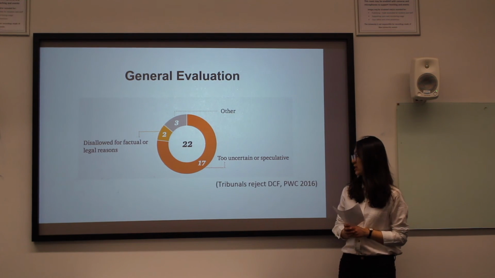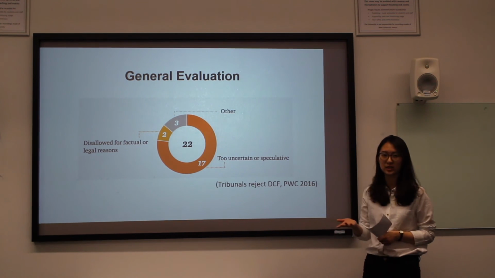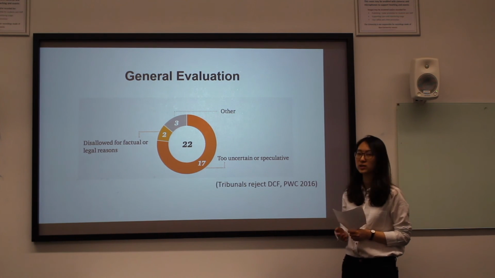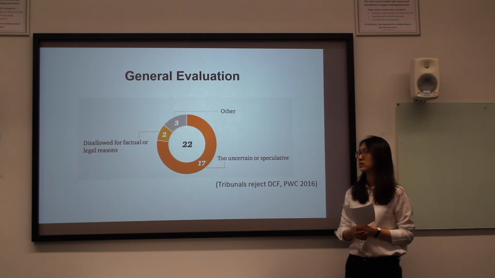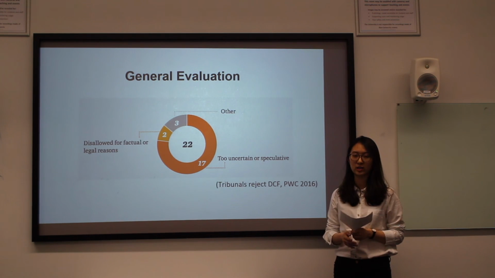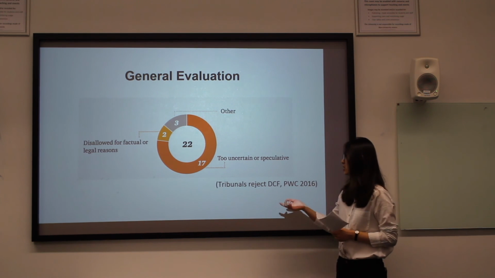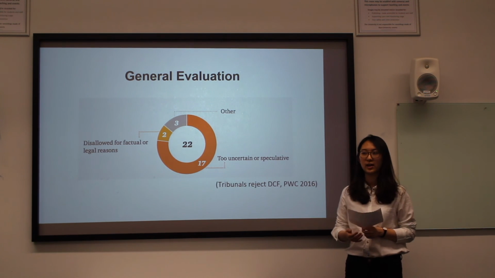And for a real-life example, this is the research conducted by PwC in 2016. Out of the 22 tribunals, 70 percent of them gave the reason why they rejected the DCF model is because they think that the model is too uncertain or speculative. And so,